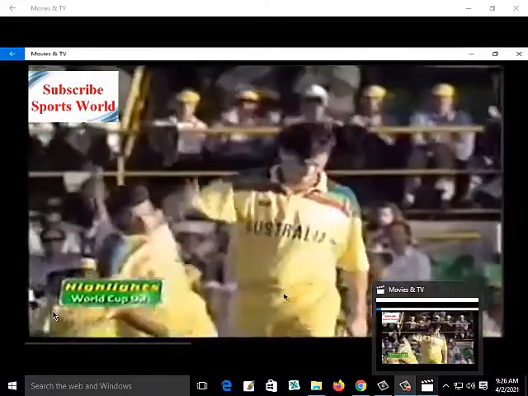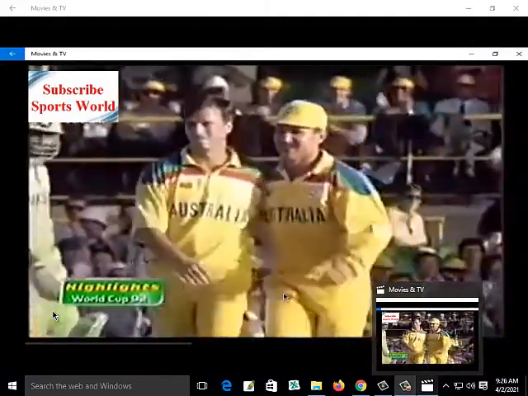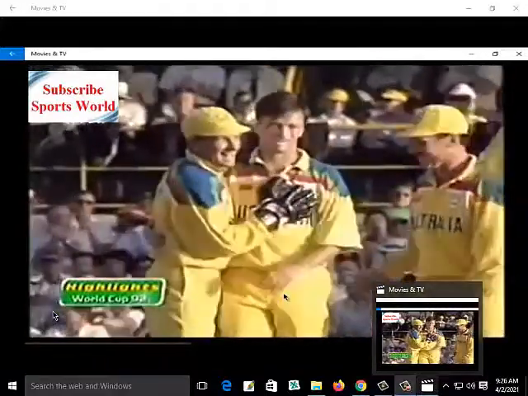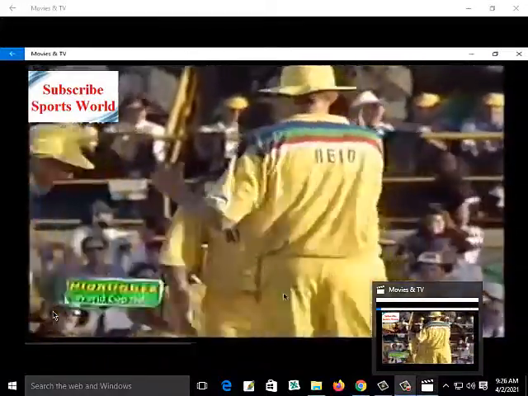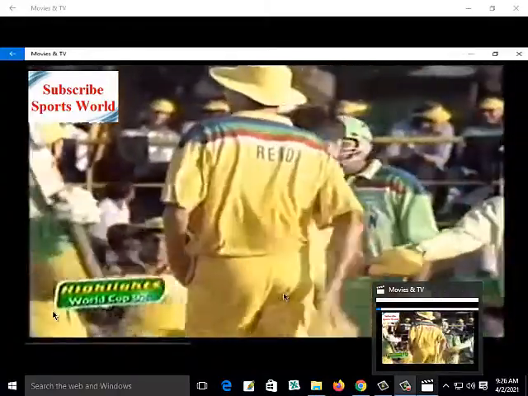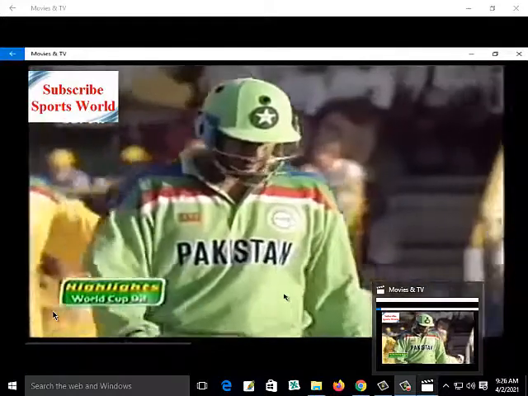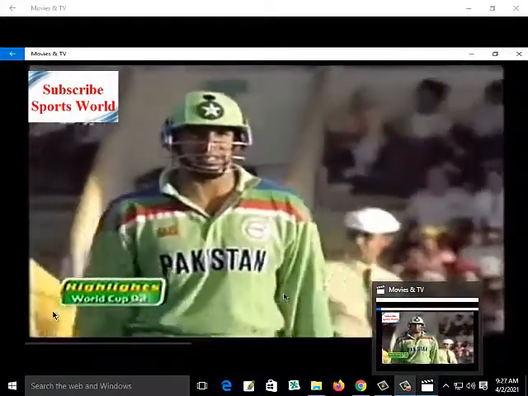Wasim Akram chips it in the air. He's out. Yeah, surely. That's out. And Steve Waugh strikes again. Two wickets in a row. A run out and a catch. 7 for 205. Wasim Akram, the danger man, got the foolish delivery of the slow ball when he just chipped it. The ball went high. He's out for a duck.